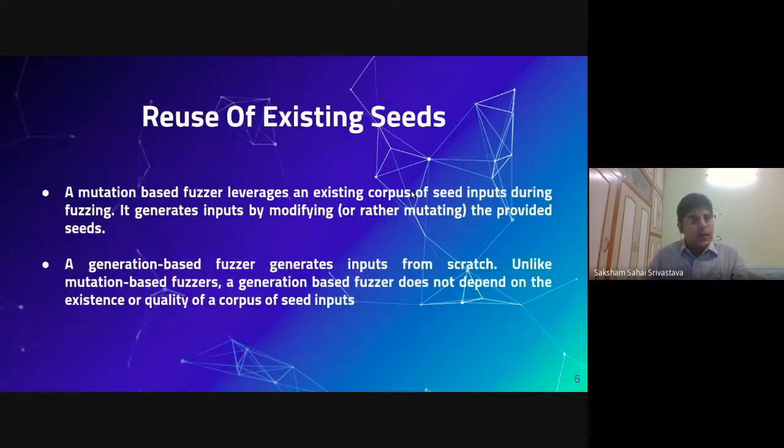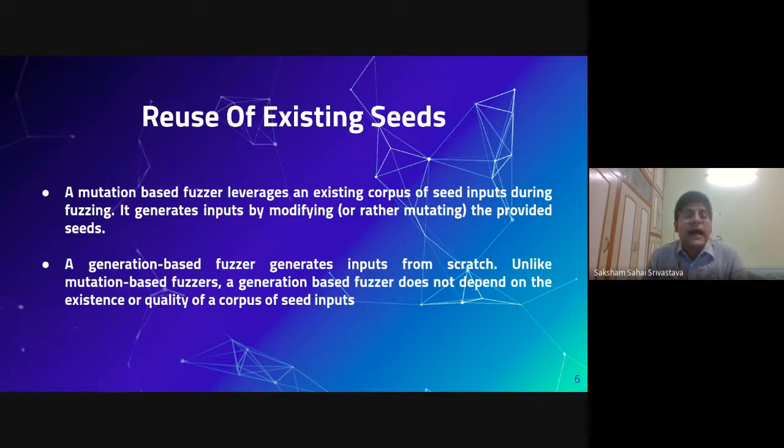Okay. So now we'll distinguish what a mutation-based fuzzer and a generation-based fuzzer are. A mutation-based fuzzer leverages an existing corpus of seed inputs during fuzzing. It generates input by modifying, or rather mutating, the provided seeds. So the seeds are already provided to us. They are mutated in such a manner that they produce new seeds or initial input.